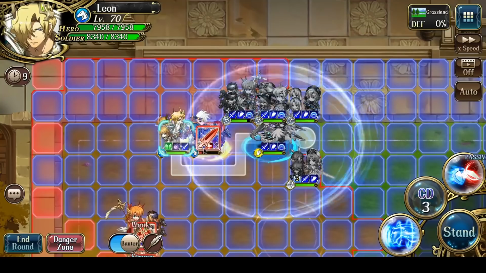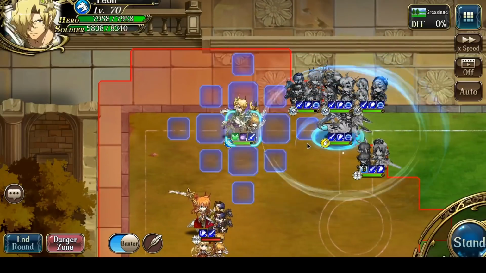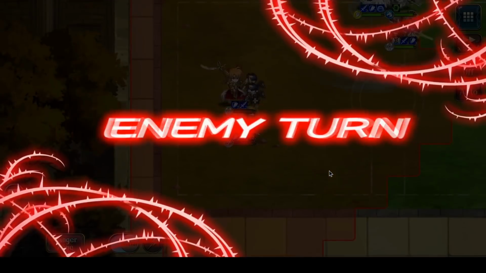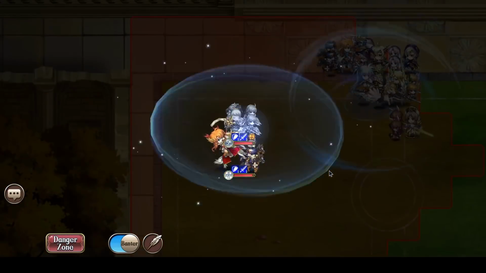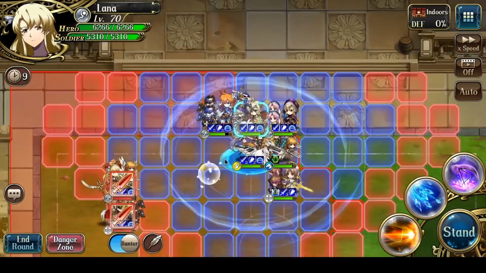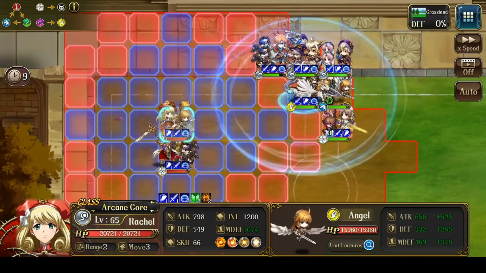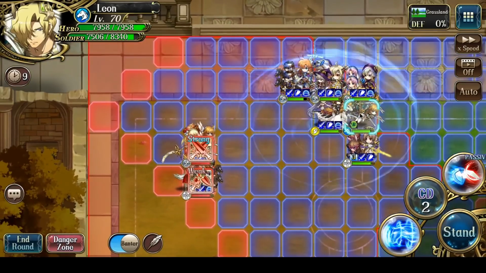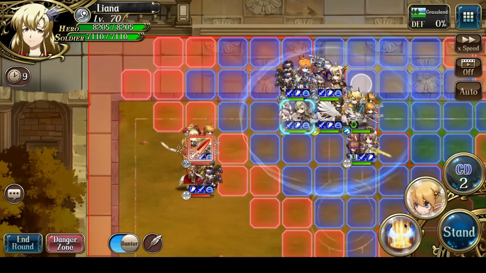Right. So Leon, melee attack, Landius falls, and I just retreat back. So then there's just 2 enemies to kill. So let's get rid of them. So now, the target to wipe out is preferably Rachel, because she has AoE attacks and so on. Right? So to start,